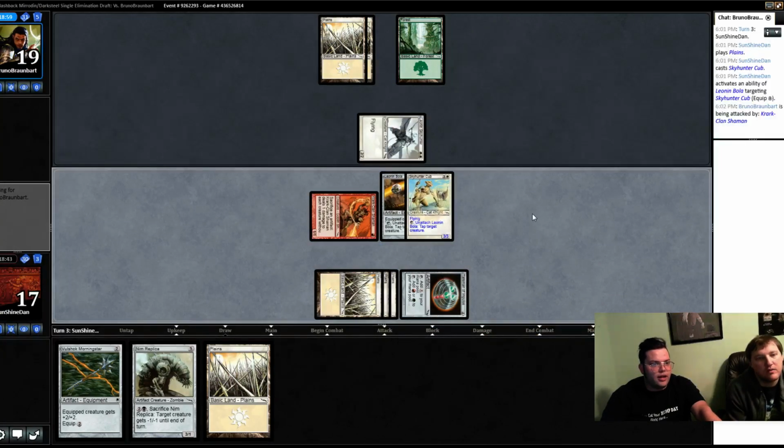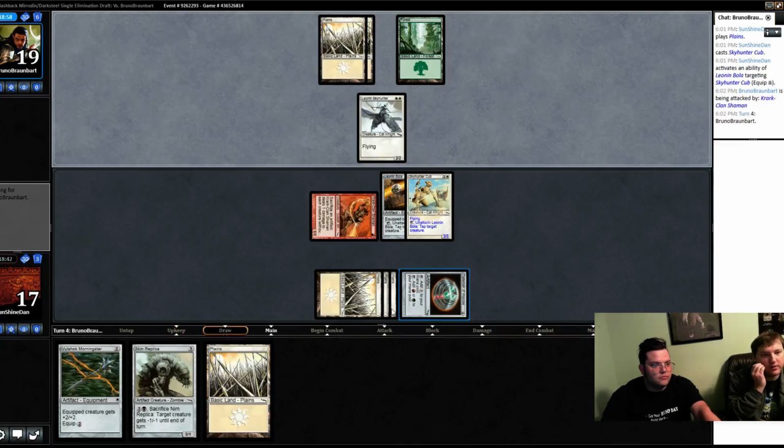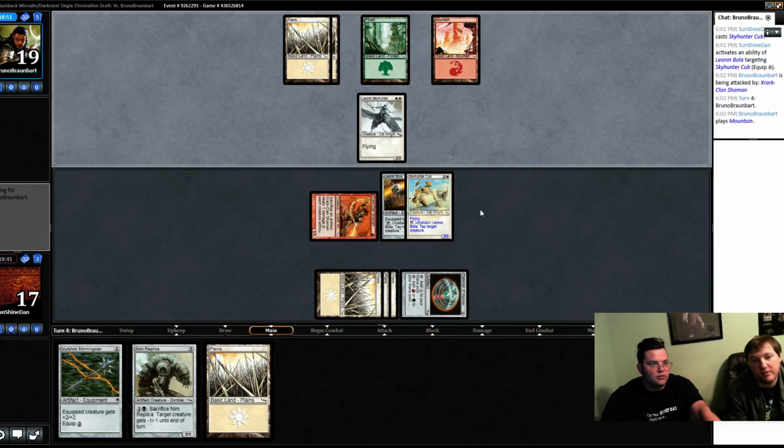Alright, so we've got a 3/3 flying. And next turn, if we click something else... We will have a 3/3 on the ground and a 3/3 flying. Yeah. That's my plan. That's probably the best play. Otherwise, the 1/1 is useless. Because